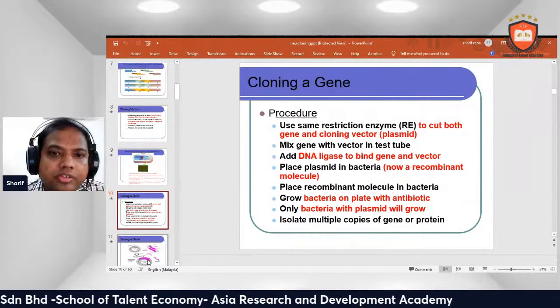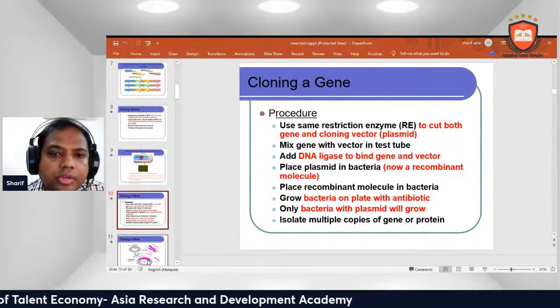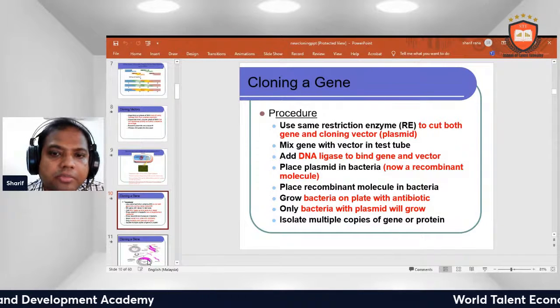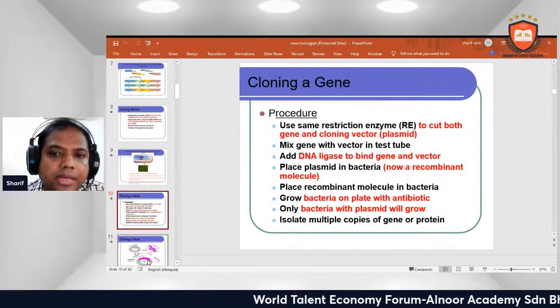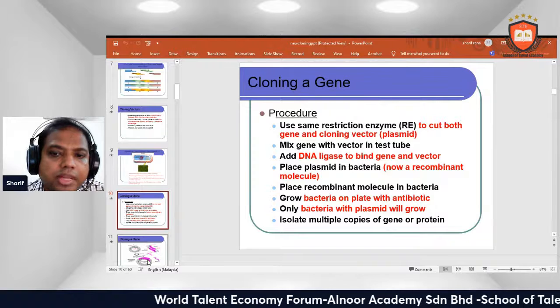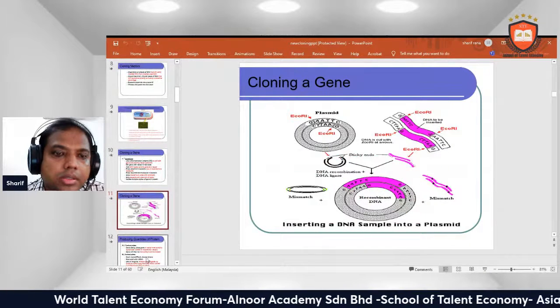Procedure: use the same restriction enzymes, mix the gene with the vector in a test tube, add DNA ligase to bind the gene and vector, place the plasmid in bacteria, place the recombinant molecules in bacteria, grow the bacteria on a plate with the antibiotics. Only bacteria with the plasmid will grow. Cloning a gene,